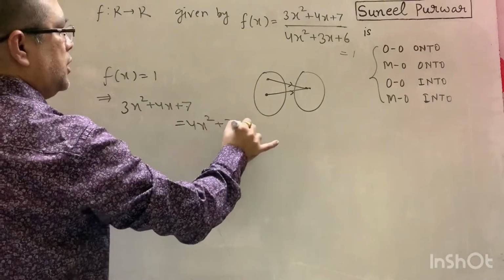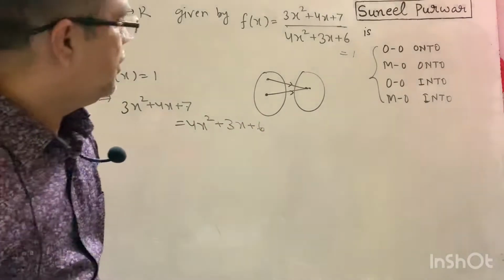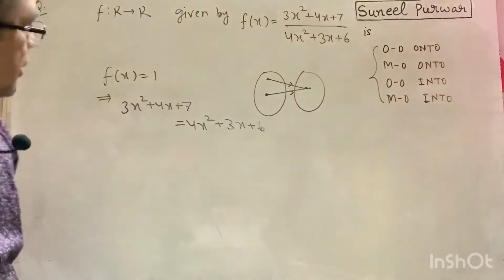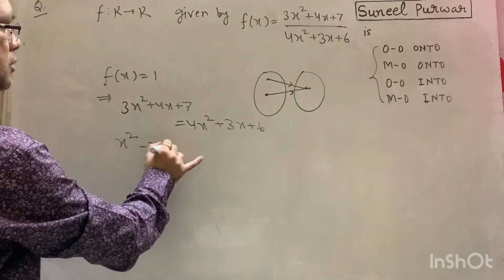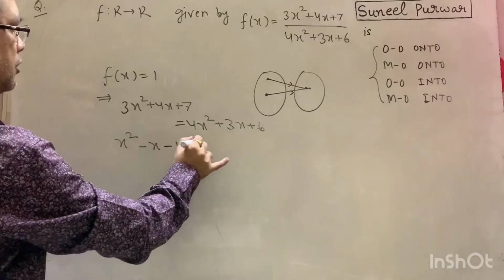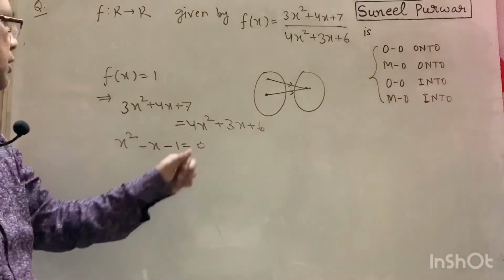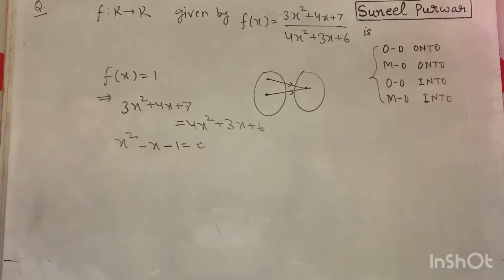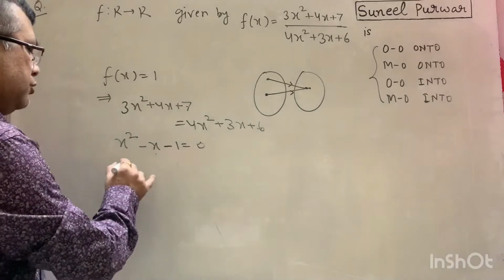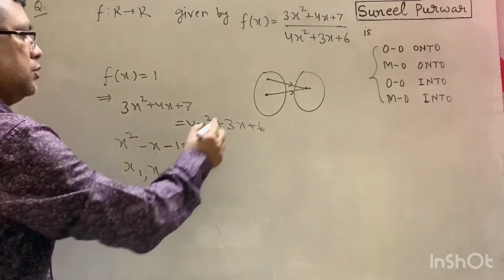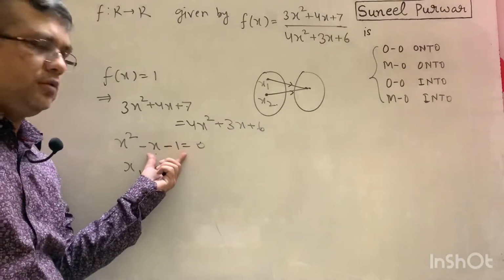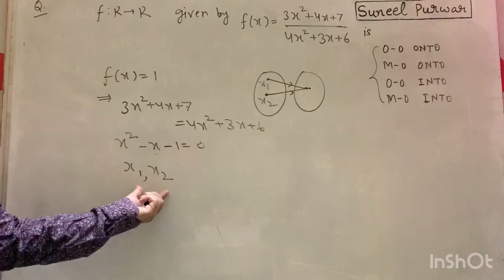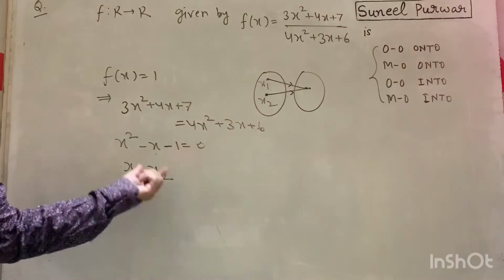4x square plus 3x plus 6. And if you simplify, you get x square minus x minus 1 is equal to 0. Am I right there? X square minus x minus 1 is equal to 0, which is giving you what? Two values of x, x1 and x2. So there are two numbers, x1 and x2. This equation has got two real roots, let's say x1 and x2, alright, and for which you will have the